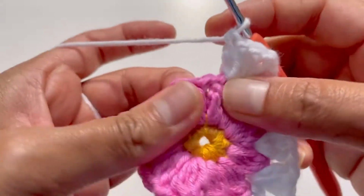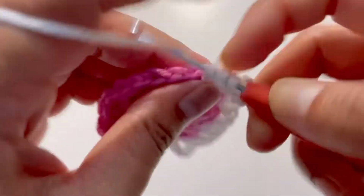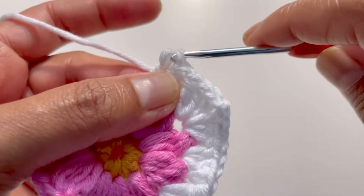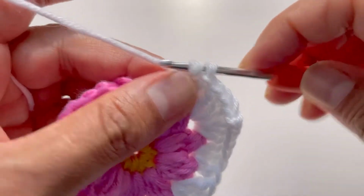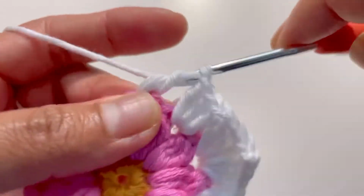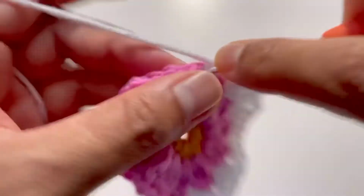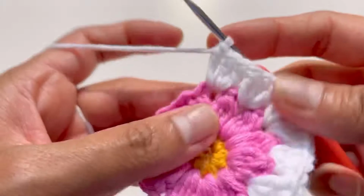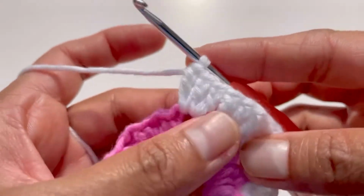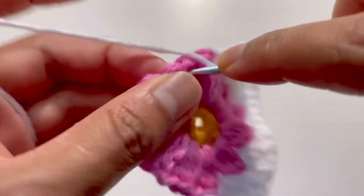Now into another chain 1 space, do 3 double crochets, so it's 1, 2 and 3. Into the next chain 1 space, do another 3 double crochets, so it's 1, 2 and 3. Now after every 2 sets of double crochets, you're going to form a square, so do 3 double crochets here